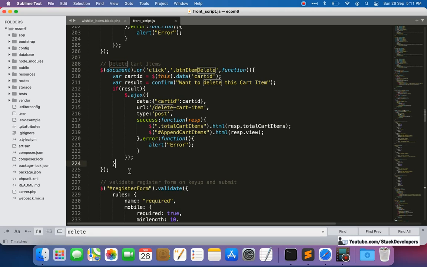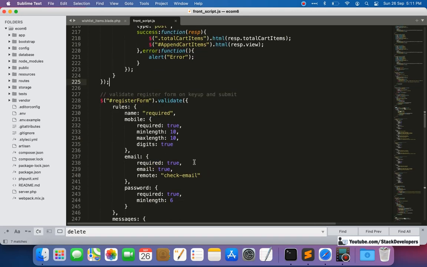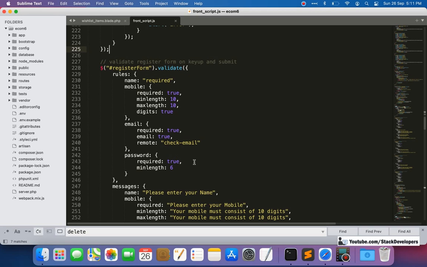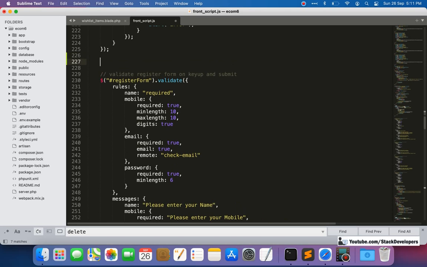But let me add everything from scratch so that we can know this step by step. Otherwise, if we copy paste, then maybe you will miss some step. So this code is for the delete wishlist item.